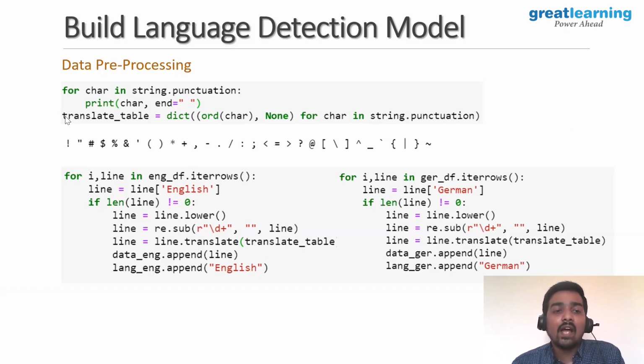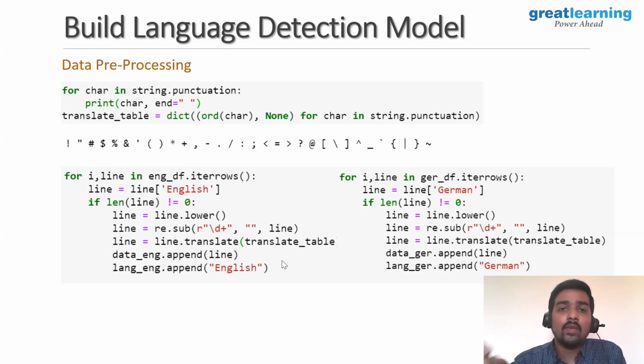Initially I have created this translate table where we'll have all the punctuation marks which we don't really need in our data. If we have these in our data, we should ask the code to remove them. So we have built that in this code. For your understanding, I have just printed what all the punctuations are which we don't need for our use case. Now I have iterated over each and every row for all the 5 data frames which we created.